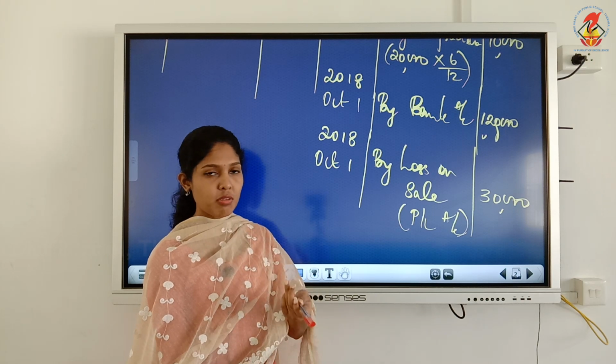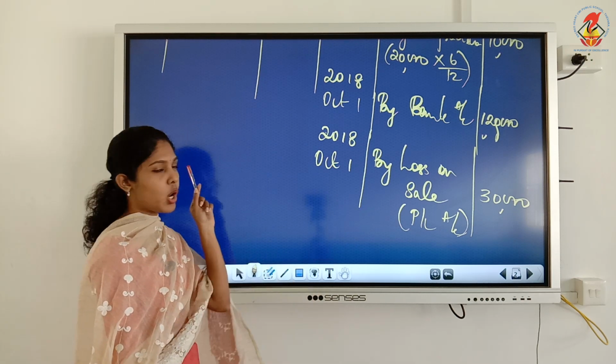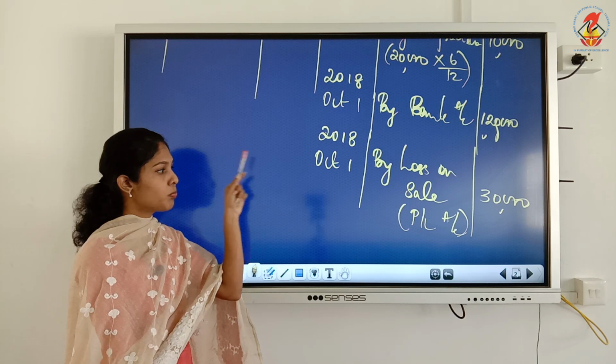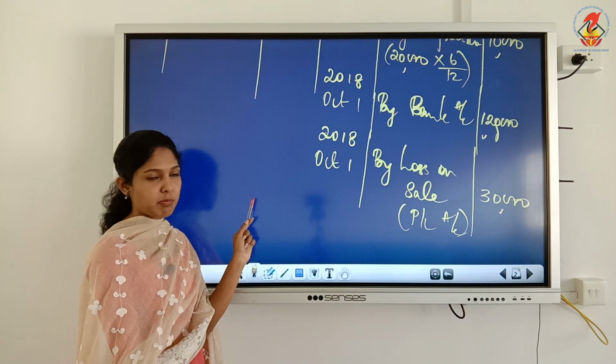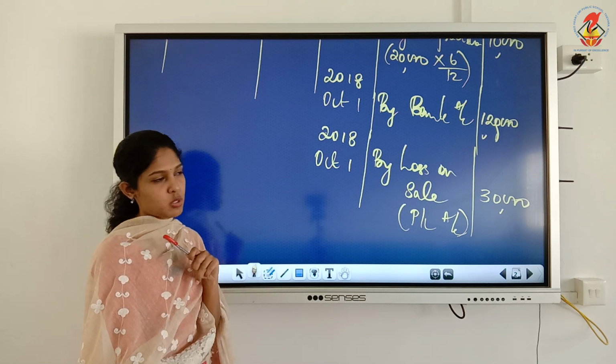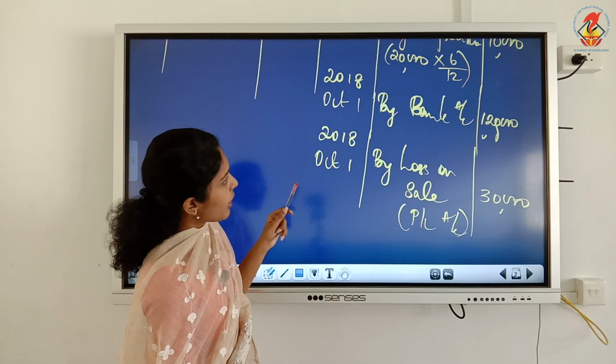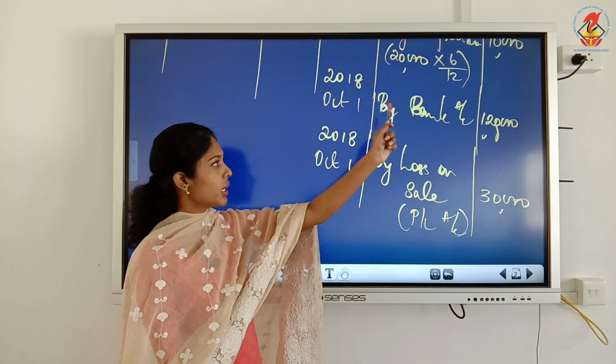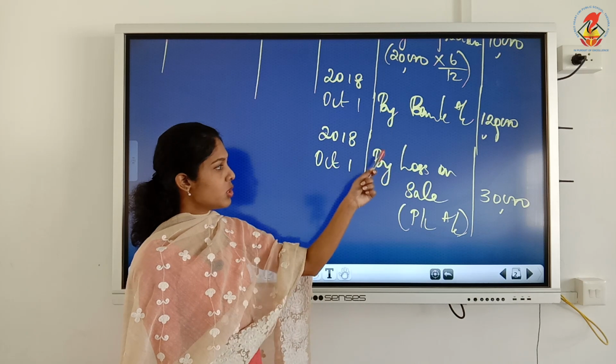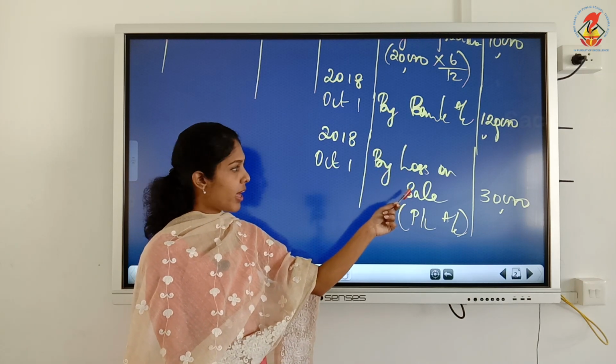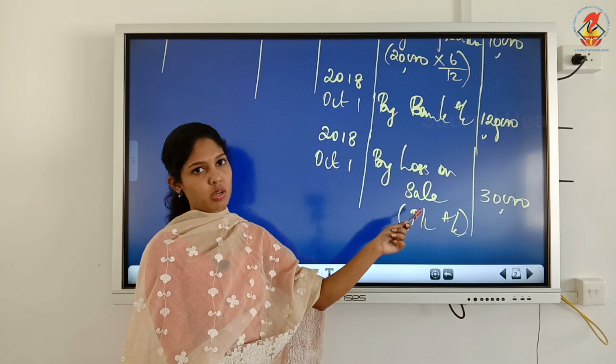If it was a gain, where will you write? It must be recorded on the credit side. It will be to profit on sale, within brackets we will write P&L and the amount of profit you can write. Yes, so we recorded the depreciation, then the sale value, then immediately after you record sale value, you should record the profit or loss on sale.